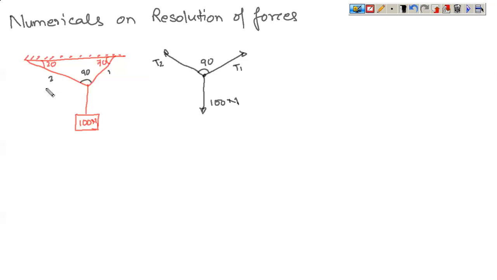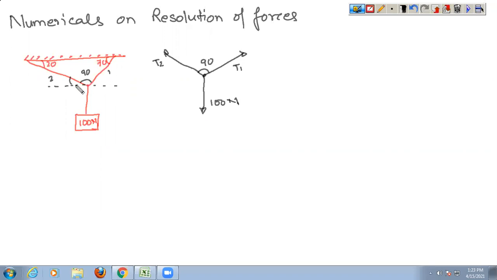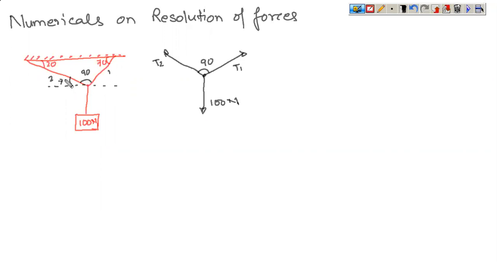Now we need to find the other angles also. If you draw a parallel line here, these are two parallel lines having a common intercept. So if this is 20 degree, this will be 70 degree. If this is 70 degree, this is 90 degree, so this means this is 160 degree. If this is 70 degree, this is 20 degree, so this is 90 plus 20, 110. You need to also confirm that the addition of all three angles comes out to be 360 only.